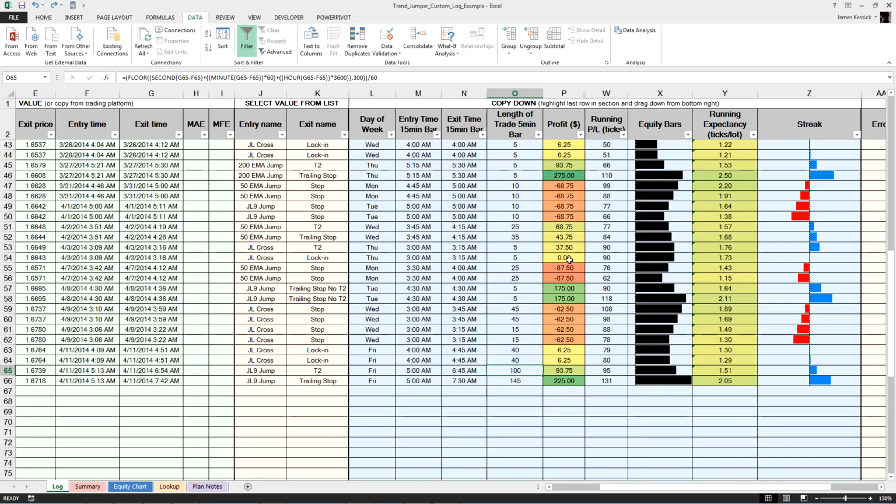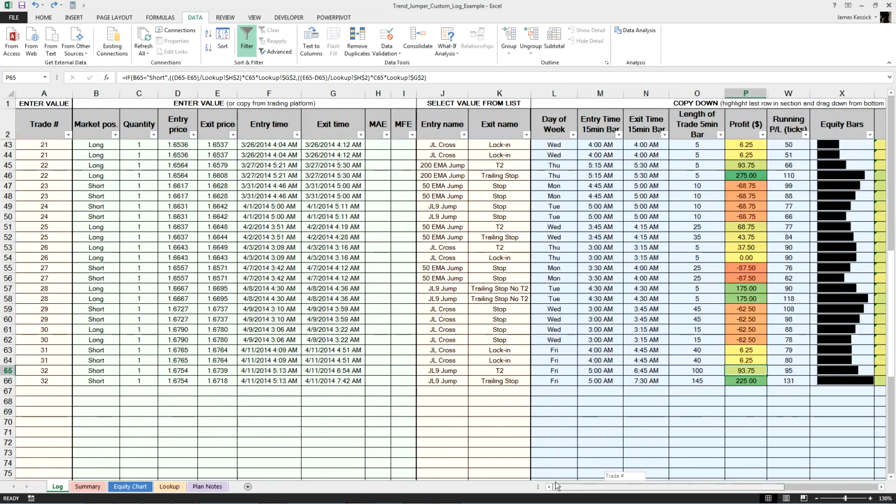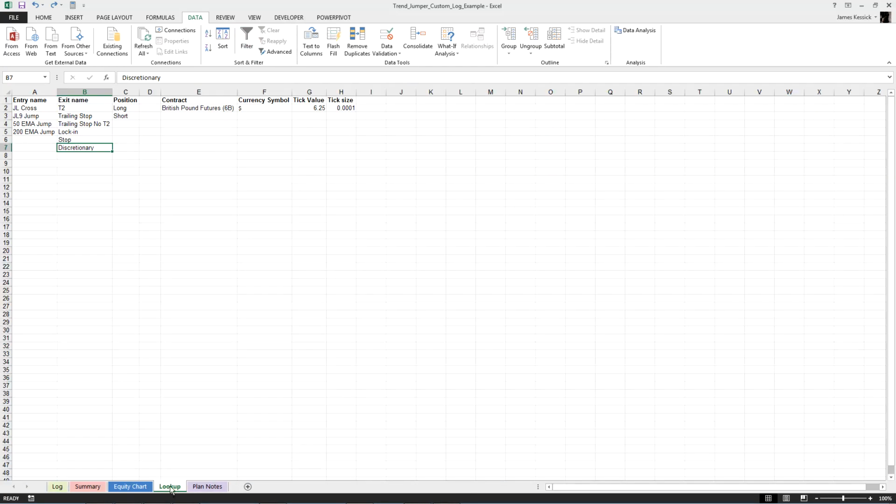I've done a profit column here, which is a little bit more complicated. It's based on the position, the quantity of the position, and then if we go to the lookup tab here, and this is important to fill in, it's based on this cell, so the value of each tick of the contract, and the tick size. So if I go back to the log,